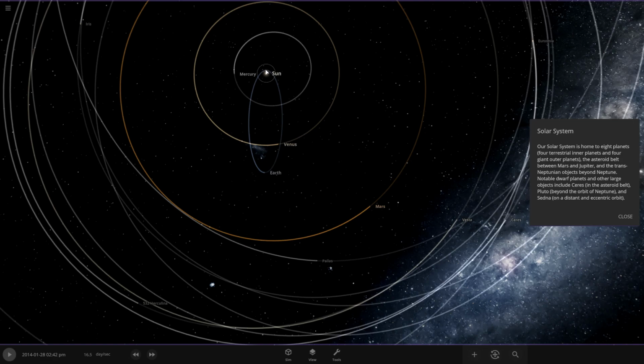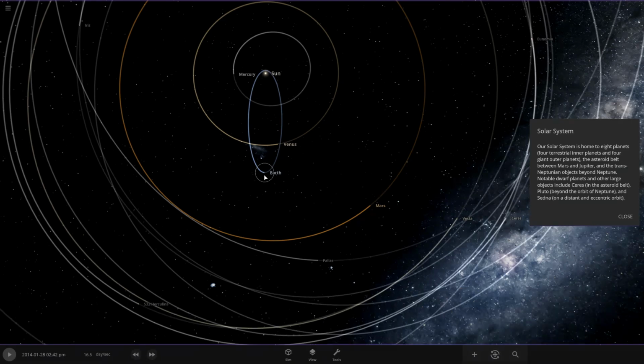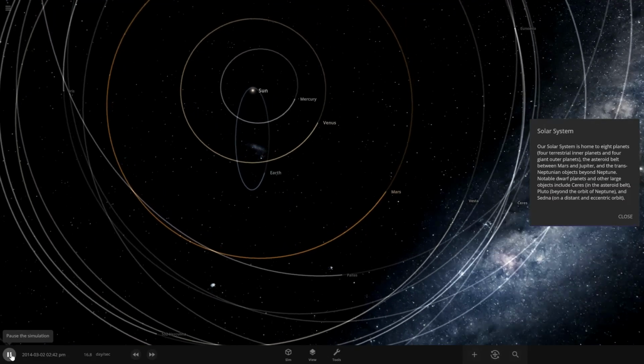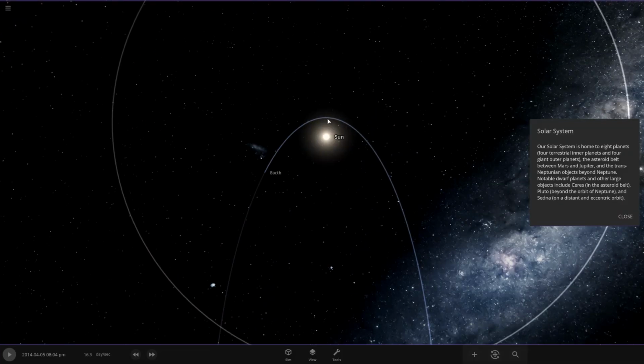Now, one of the reasons why it takes so much delta V to go down into the sun is because as we reduce our speed up here, we are losing kinetic energy, but because we're so high up, we're gaining potential energy. So as we fall towards the sun, our potential energy turns into kinetic energy, blasting us away from it. As you can see, we didn't quite reduce all our speed, and once we get down over here to the sun,